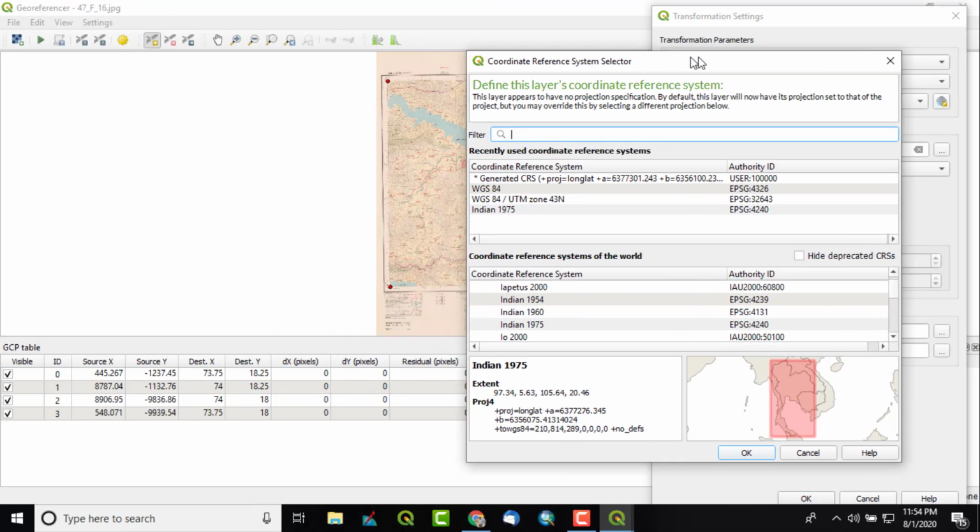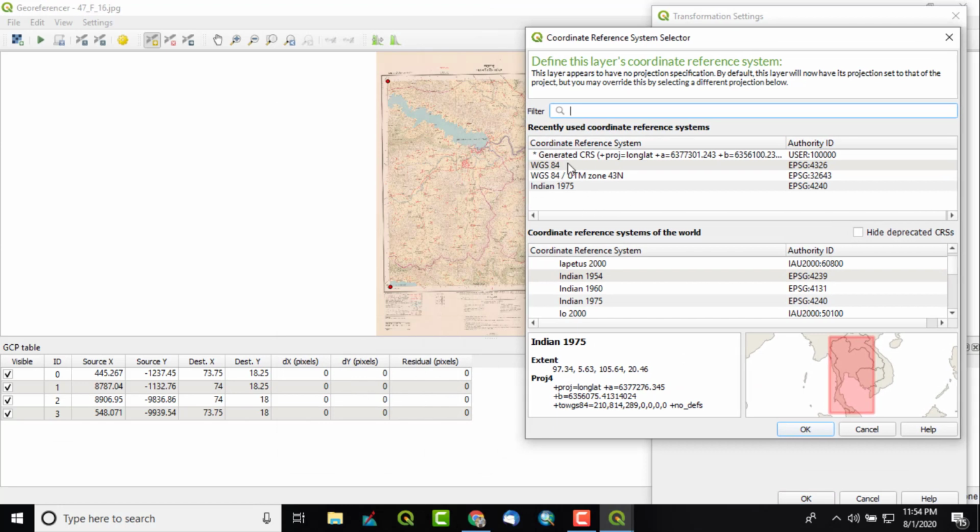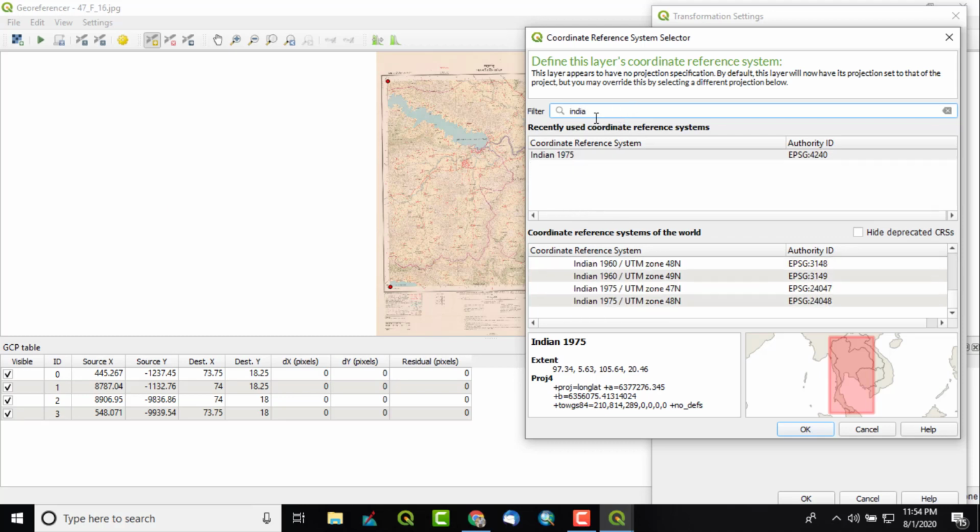So just click on that. These are the recently used ones. If in your PC it is not visible, you can simply write Indian in the filter, and you get some of the coordinate systems here. It will not show here on your PC if it is not there.